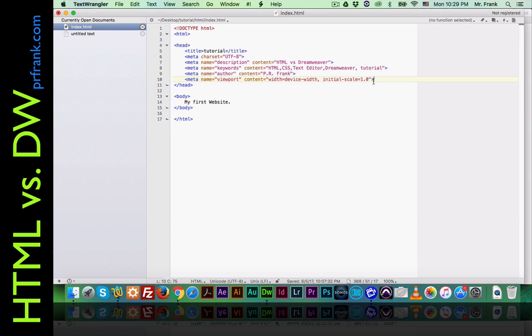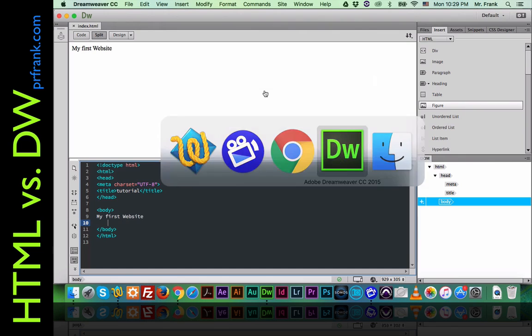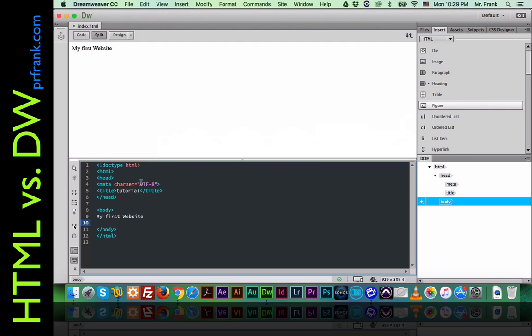So that's all the metadata. I'm going to show you how to do that over in Dreamweaver. It doesn't change our site at all. All it does is allow search engines to find your content. So if I wanted to insert more meta tags than just the one that they gave us when we created the site,